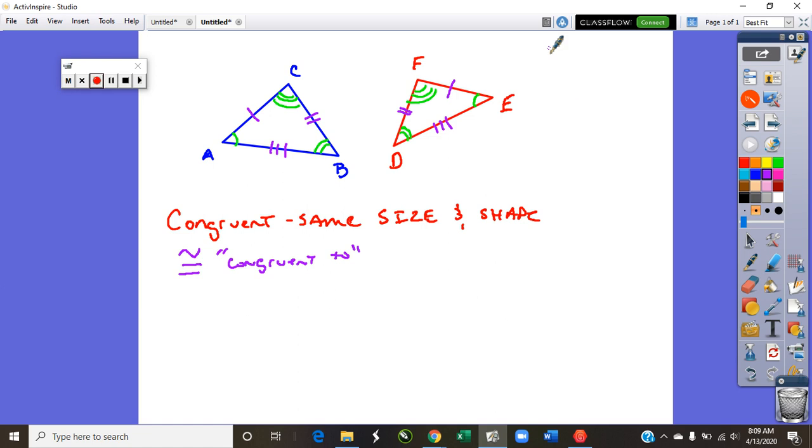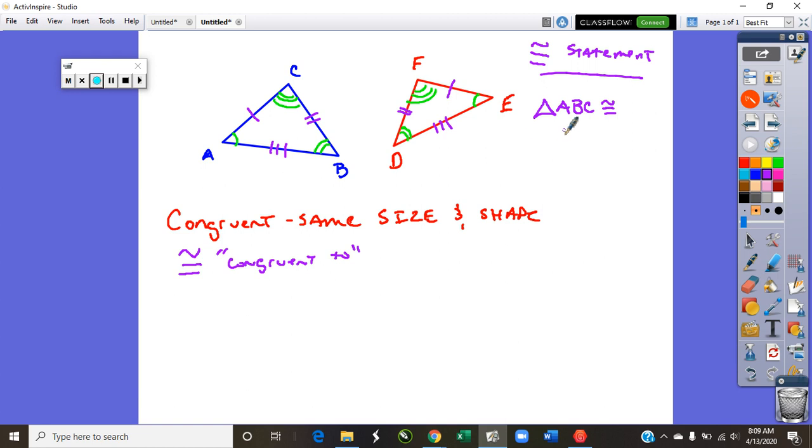We'll do our statement up here. We're going to call this our, not pi, sorry, Monday, congruence statement. Let's start with triangle ABC is congruent to